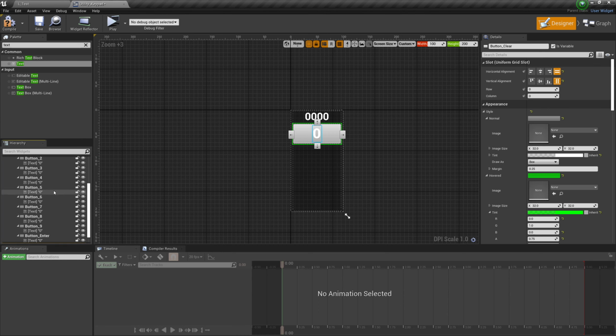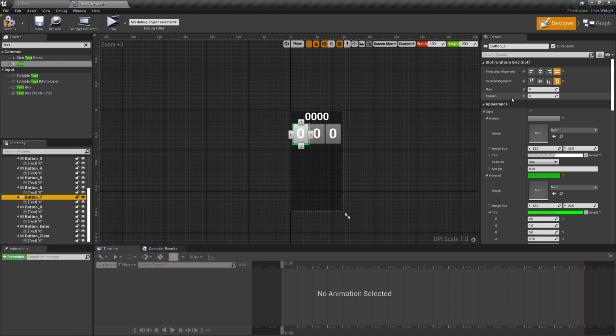And now we'll go through and arrange them just using the rows and columns. We've done it before for the inventory, so I'm assuming if you've done the inventory, you already know how to do this, but I'll do the first few with you as it is. So button 9 we'll want at row 0, column 2, because remember that 0 counts, so it's 0, 1, 2, not 1, 2, 3. Button 8 we'll want at column 1,